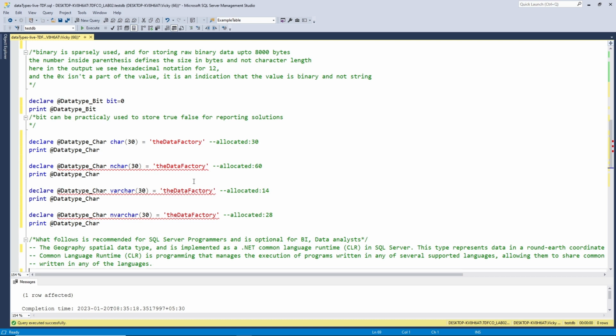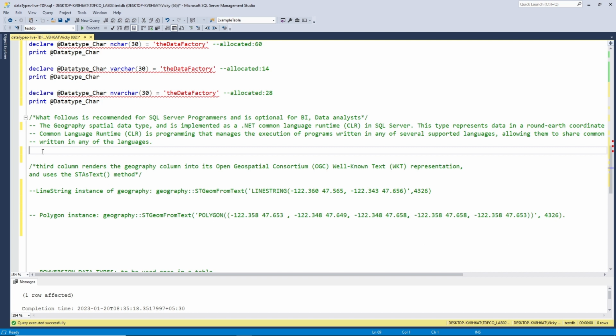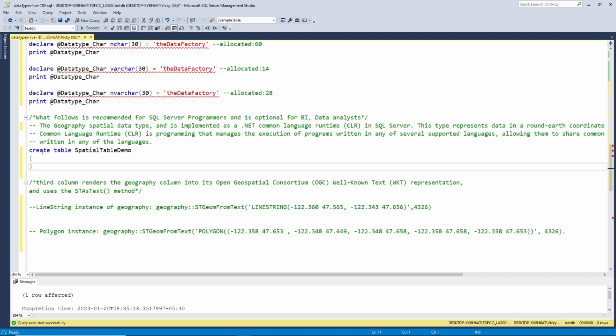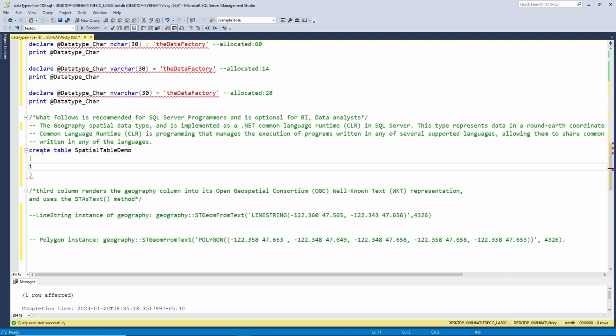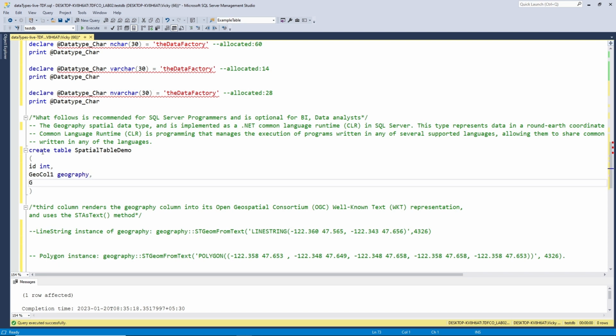Okay, let's move ahead and create a table. Create table spatial table demo, id int, geocol1 geography, and